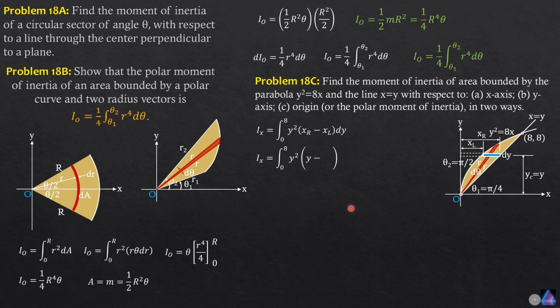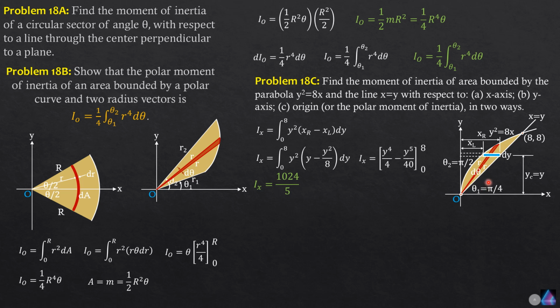So substituting, that would be integral of y cubed, which is y to the fourth over 4, minus integral of y to the fourth over 8, which is y to the 5 over 40. 8 times 5 is 40. So y to the fourth over 4 minus y to the 5 over 40, 0 to 8. And you just substitute it. Really, you can also use your calculator directly. For those who are preparing for the board exam, you can use that. So Ix is 1024 over 5.